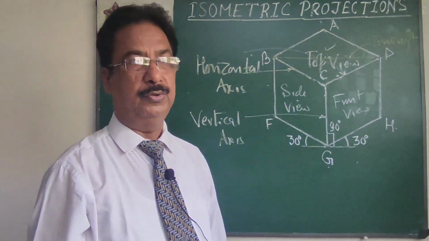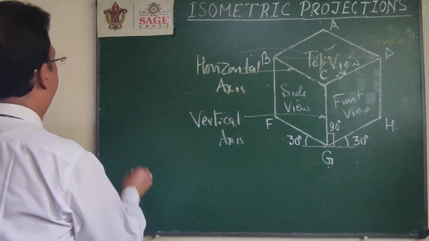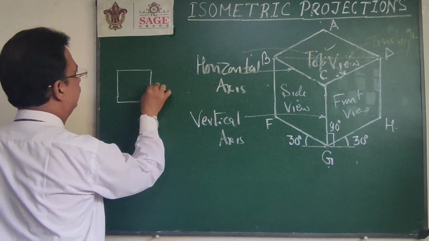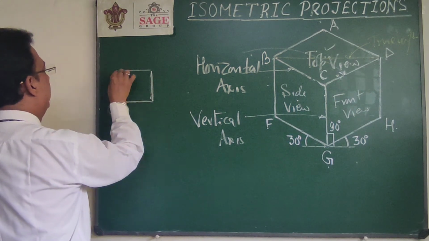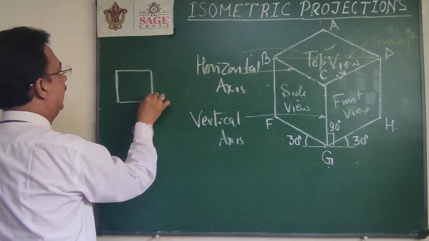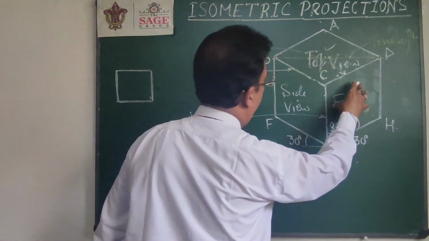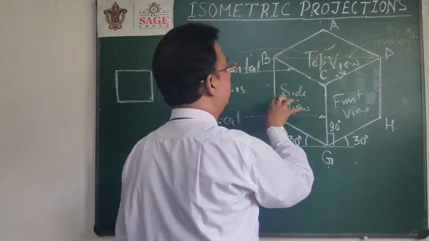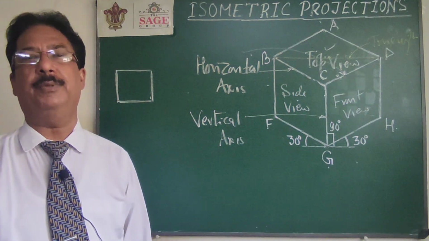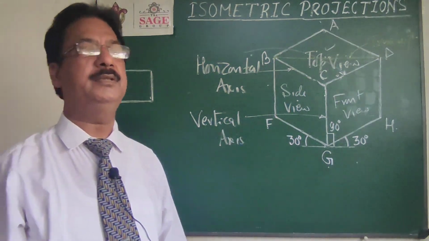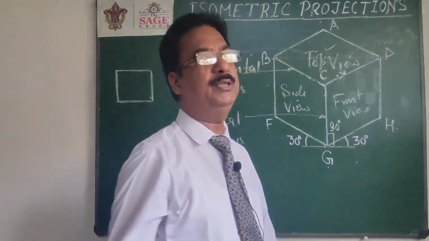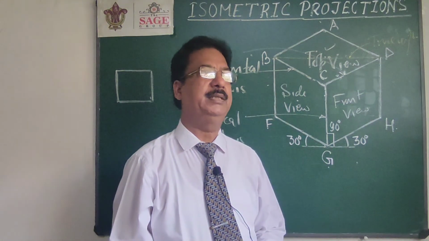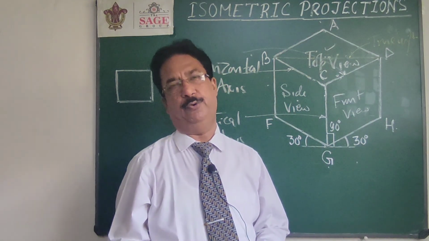So suppose I have a front view, top view and side view of a square in these three positions. One will be the front view, second the top view, third the side view. Then one square will be pasted like a rhombus, the second square like a rhombus, and the third square like a rhombus. So with the combination of three rhombuses, we can get the 3D figure of this cube. So this is the way to draw a simple object like a cube.